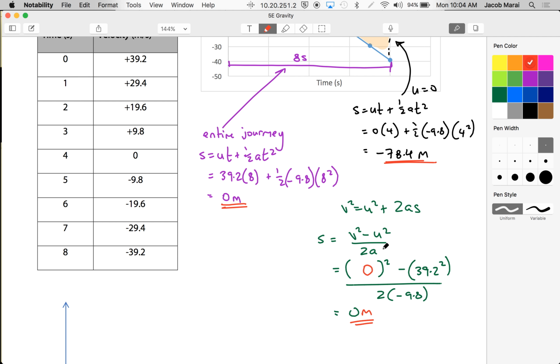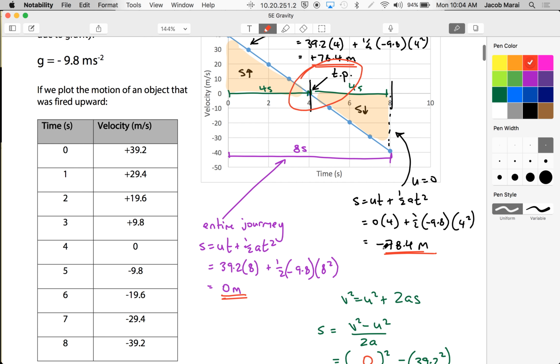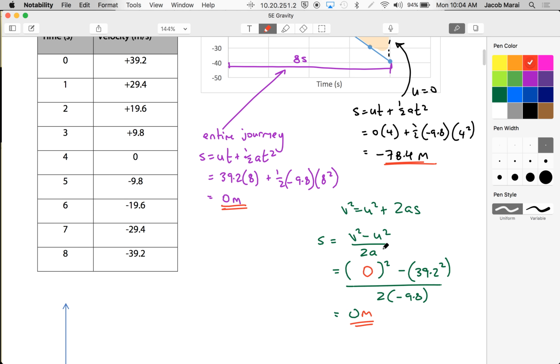And then, using that equation, what number do you think we should get? I'm going to scroll up. Yeah, we'll get that number, 78.4. Okay? So you do your negative u squared over 2a, and that should spit out its maximum displacement of positive